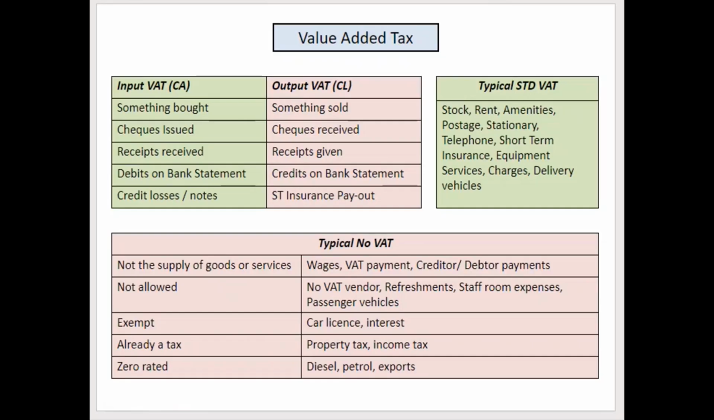Thank you. When we talk about value added tax, this is stuff that you did in bookkeeping already, but I'm just going to run through it again. So there are certain things that you will record input VAT against, obviously that being a CA, which stands for,